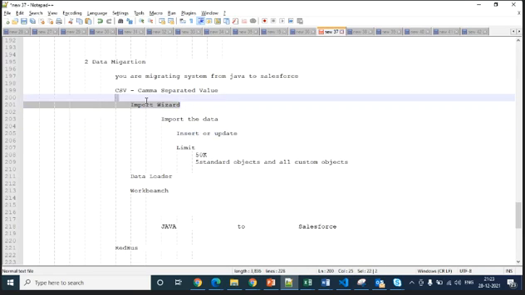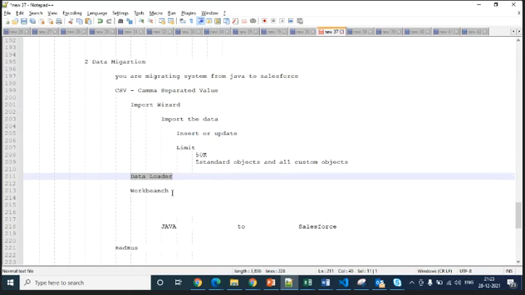This is a Salesforce inbuilt tool. To use this one, you can use the data loader or Workbench. Workbench is kind of an online web tool. For the data loader, we have two kinds of tools: either a web tool, or we can also install it into your personal environment.